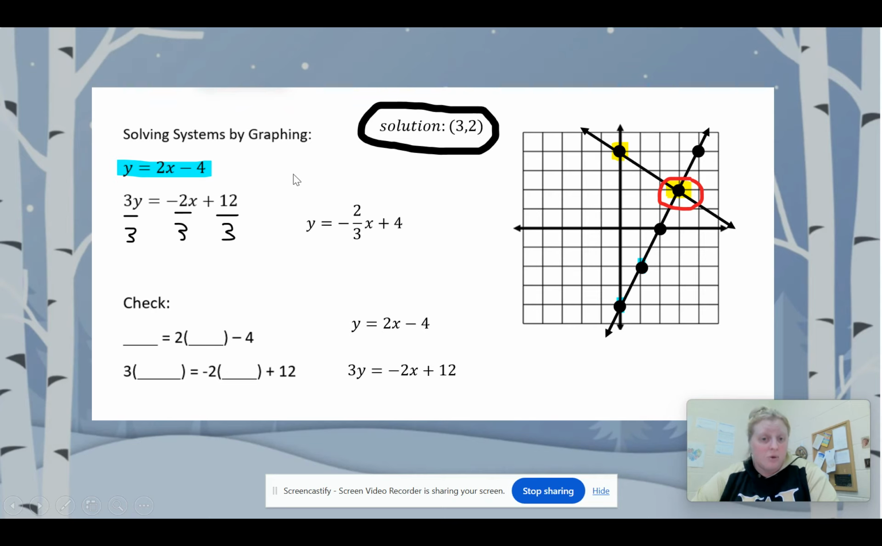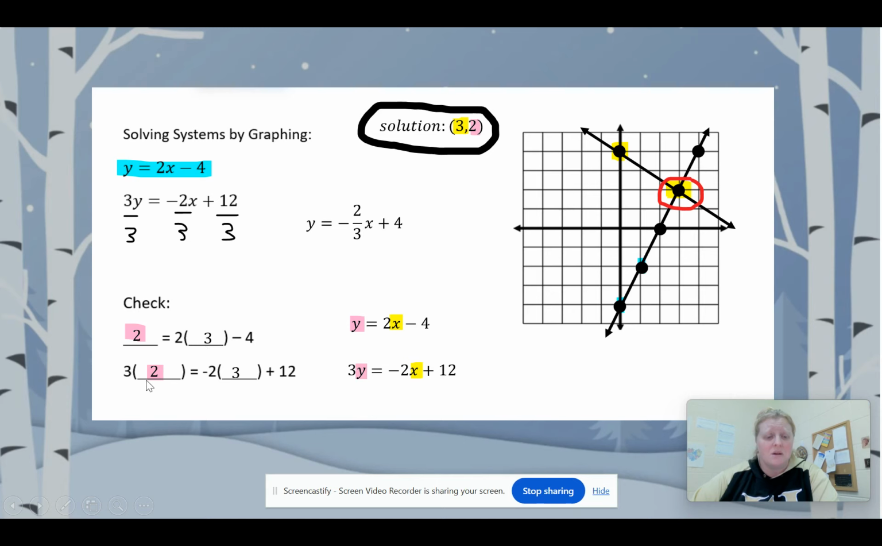So we're going to go ahead and prove that. So according to my solution, my x's should be 3 and my y's should be 2. So I'm going to replace all my y's with 2's. I'm going to replace all my x's with 3's. All right, so if I do 2 times 3, which is 6, and then subtract 4, I will get 2. And I have 2 on this side, so I know I did it right because I got the same thing